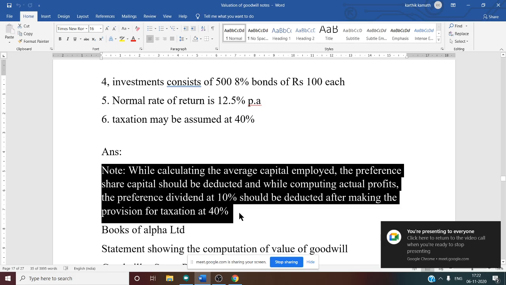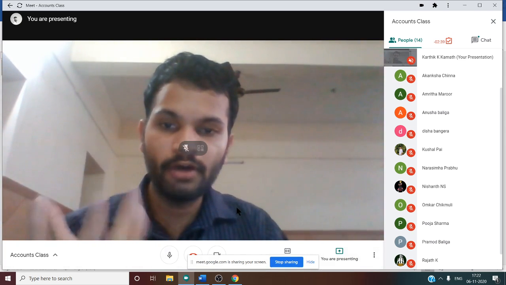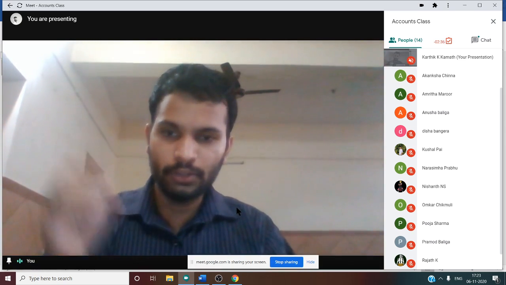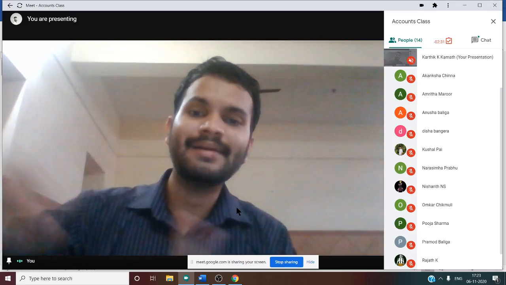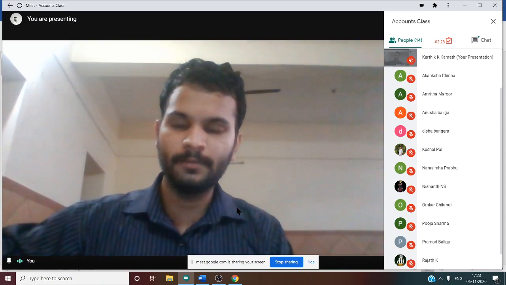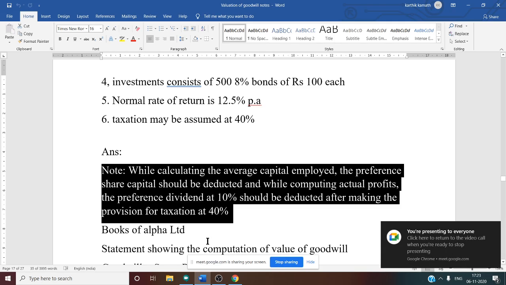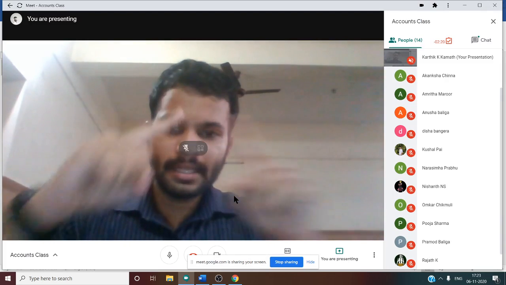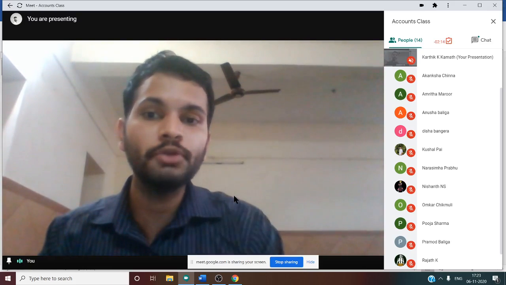So here they have given, see this, preference share dividend at 10% should be deducted after making provision for taxation of 40%. That means here, how we are going to calculate actual profit is one kind of market value method. Yes, although it is not specified in this chapter, we can directly connect that with the previous chapter. Then one more thing here about net asset. Net asset method: agreed value of assets minus agreed value of liabilities, you will get the net asset, and from that you need to deduct preference share